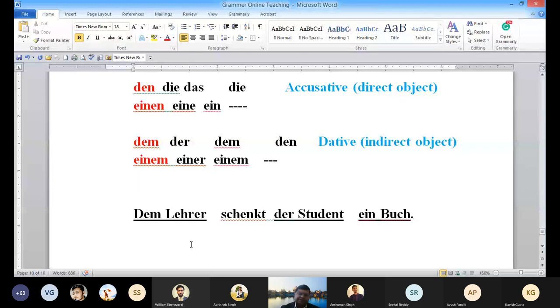So one should not confuse that if something is in the beginning of a sentence, that has to be the subject. No, not necessary. So if you analyze a little bit, then dem Lehrer and then schenkt, der Student is coming here. Though it is here, der Student is indicating that this has to be the subject. And then you have identified this as a subject and this as indirect object. So definitely the remaining one is direct object. So the translation of all the three sentences, even you can put ein Buch in the beginning, like ein Buch schenkt der Student dem Lehrer. You can write all